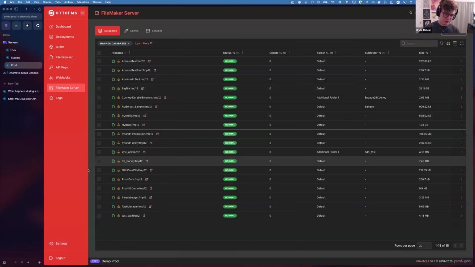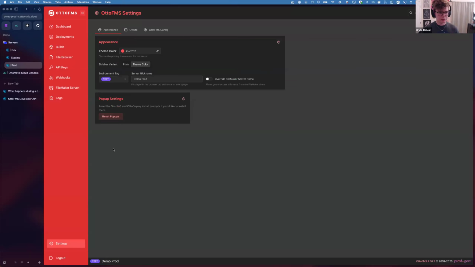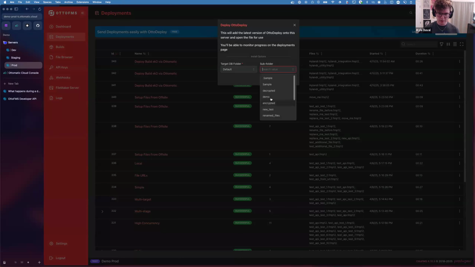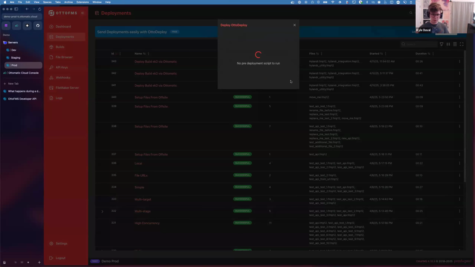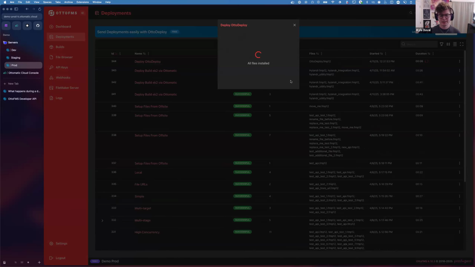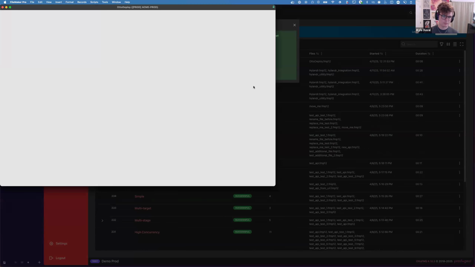So if I don't have auto deploy on this server and I make sure that I set up my pop-up settings to do that right, I go here, and you can see at the top there's a banner that says set up auto deploy, and you can go learn more if you want, but we're going to deploy now. I'm going to say put it in the demo folder we made earlier. Let's deploy that. This will deploy auto deploy to your server using AutoFMS, and then it'll open the files. It'll be done. We can launch it. And this will launch it with the default credentials, which you can see in that pop-up there.